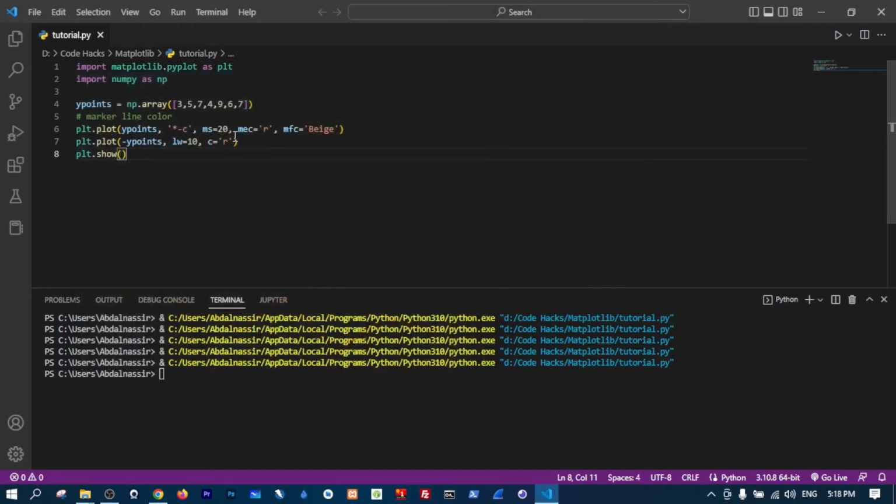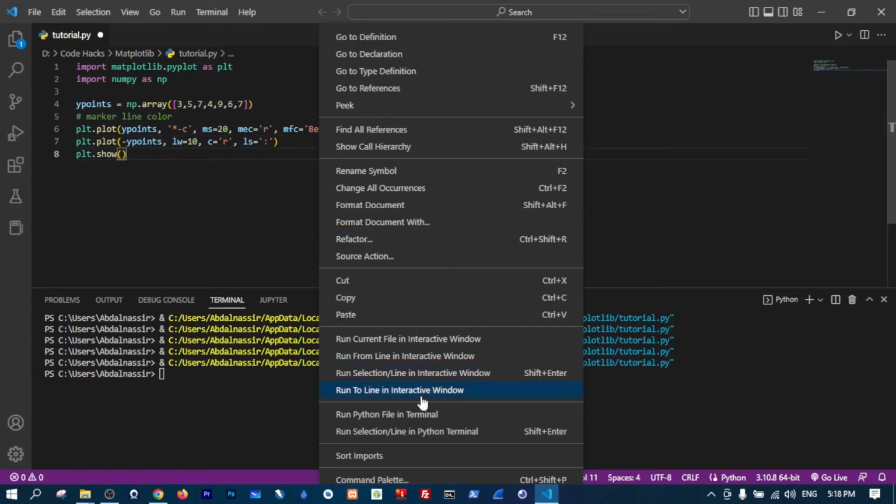All right. What else can we change? We can change the line style. So we learned that from the format string, we can use dash or double dash or dots, colons. So we can change the appearance of the line. Also, we can change it using linestyle, or ls for shorthand, and set that to be,